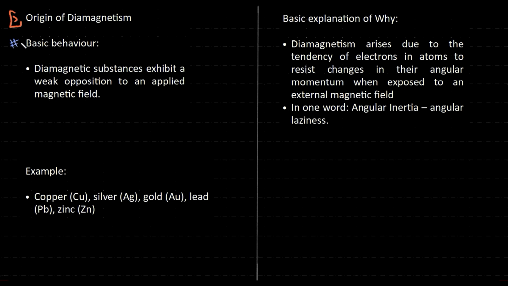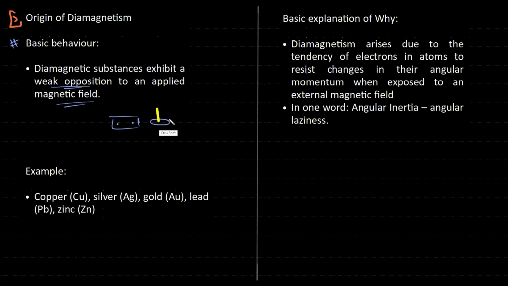Understand what diamagnetic materials are and why they behave the way they do. A material which shows a weak opposition to any magnetic field. Basically, if I get a magnet near the material, one of the best example experiments out there is with the